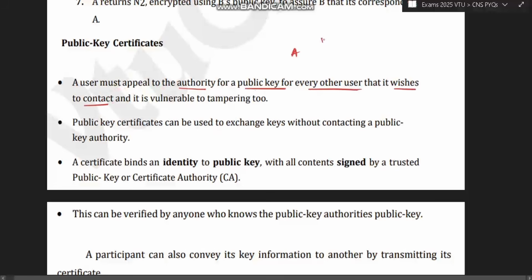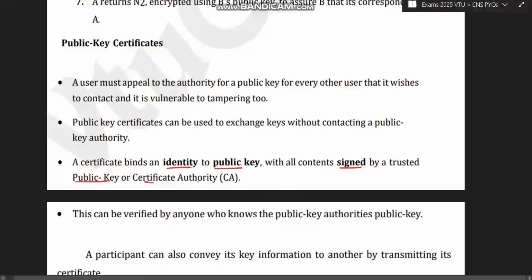So if A wants to contact B, C and D, A will request the authority to give a certificate which will ensure that A can contact B, C and D, and it is also vulnerable to tampering too. Okay, means the request which is being sent from A to the authority, in between tampering can happen. Public key certificates are used to exchange keys without contacting a public key authority. So directly, without contacting the authority, because in between something can happen, how can we get the certification? A certificate binds an identity to a public key with all its content signed by a trusted